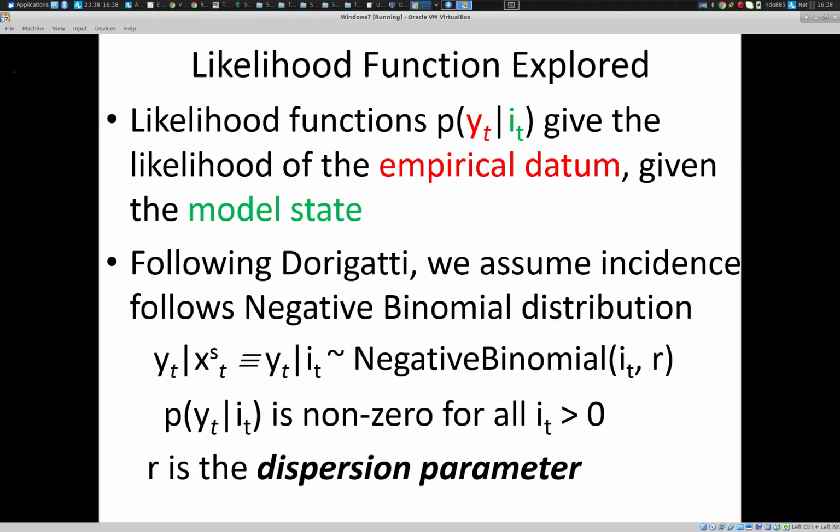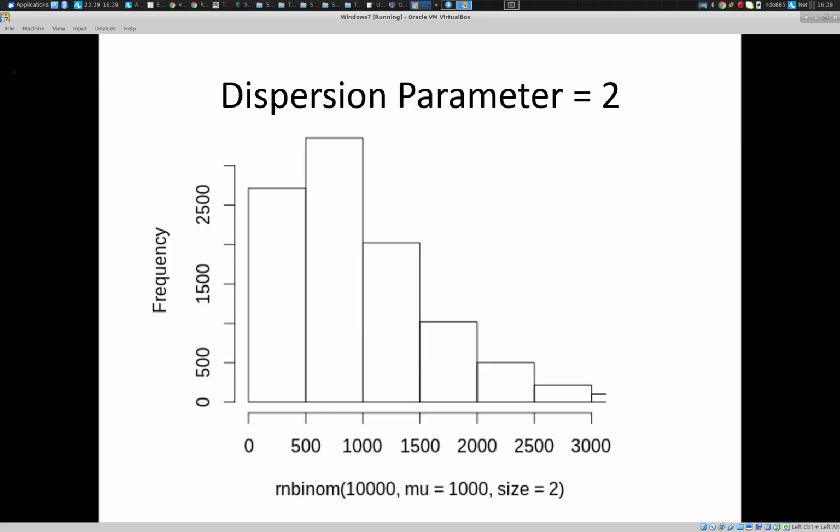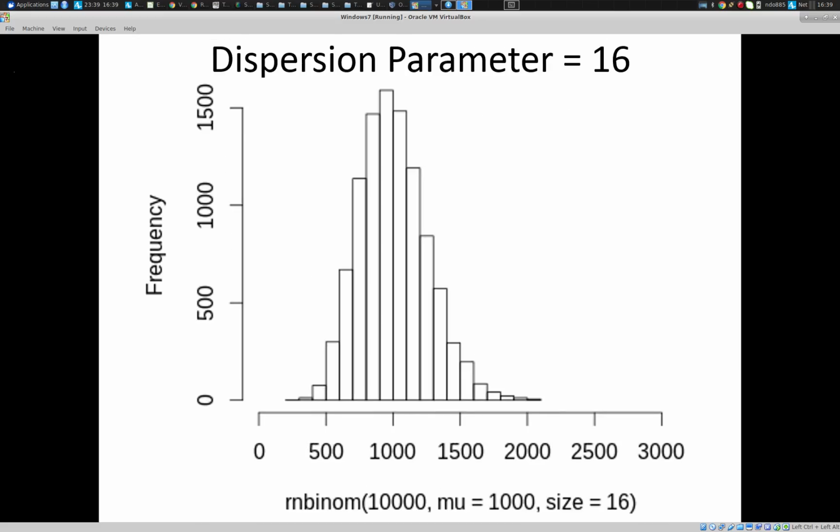And there's a reason we use negative binomial. That's a very practical reason. We're working towards more sophisticated strategies. But basically, a negative binomial has a dispersion parameter associated with it. And as you change the dispersion parameter, you can keep the mean the same. The mean here, I think, is going to be 1,000 every time. But as it increases the dispersion parameter, what this is saying is that we're preferring a likelihood that's more and more